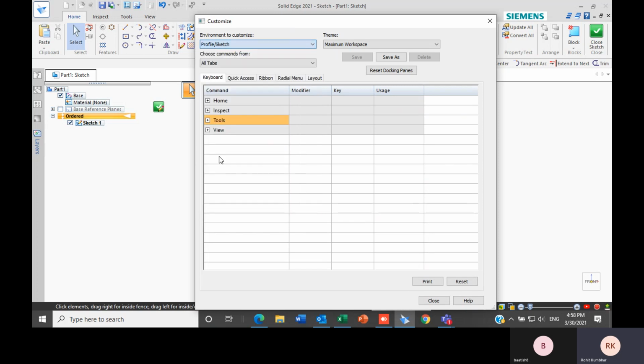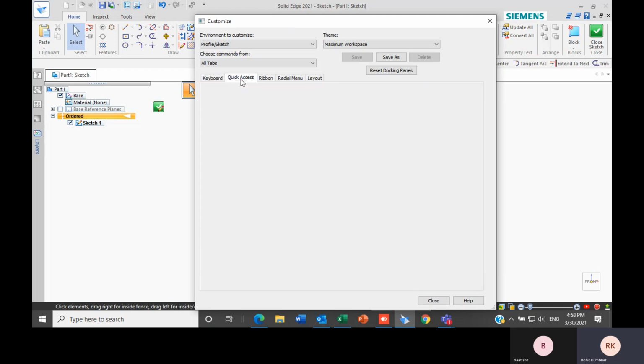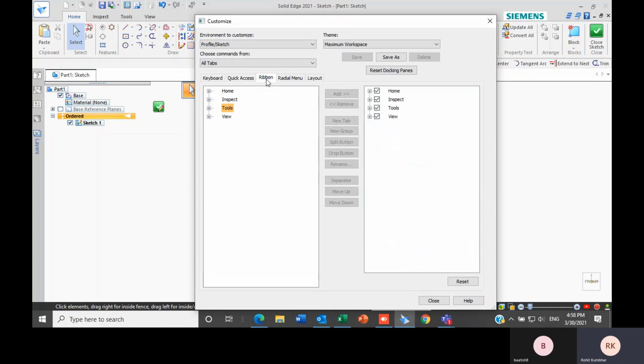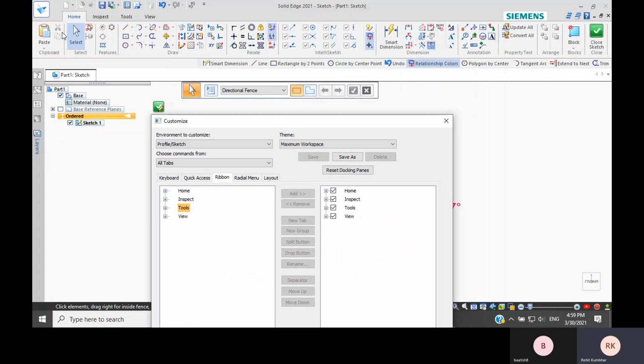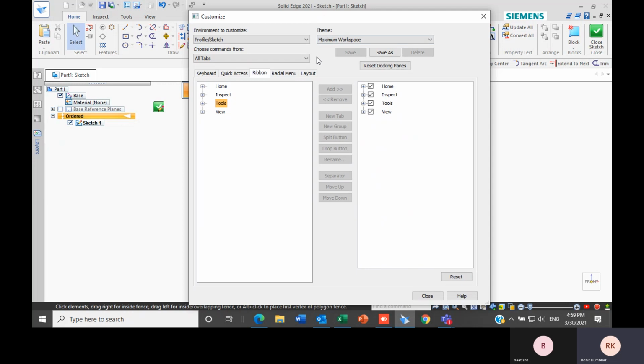Currently we are in the sketching environment. I can even change the keyboard commands for it. Then quick access button, then ribbon bar, which is at the top. That is the ribbon bar. We can change the orientation of it also.